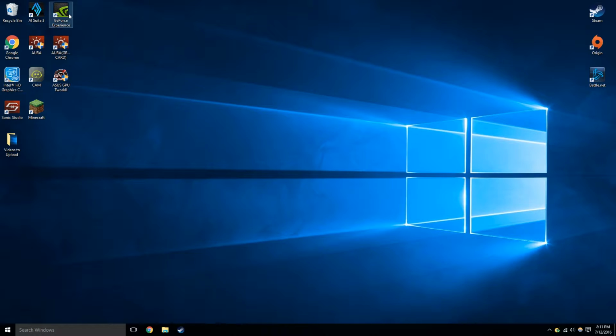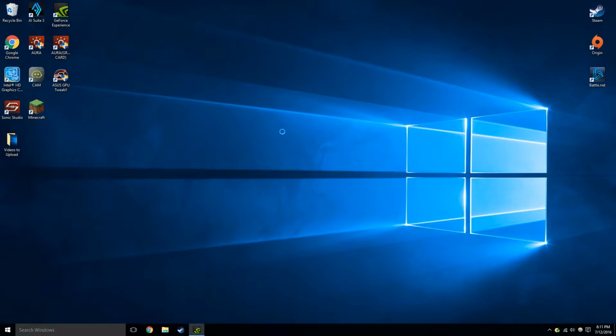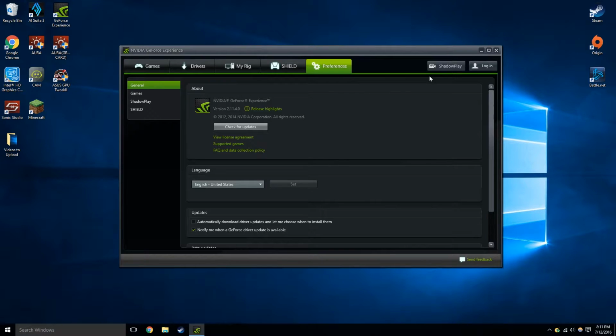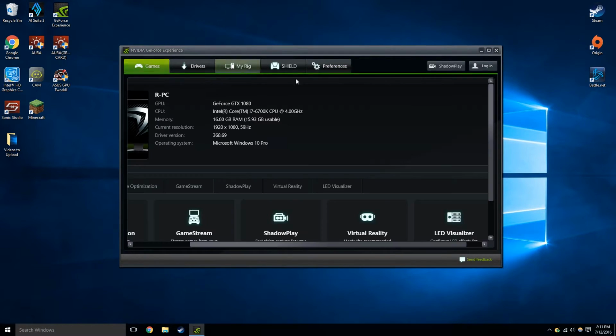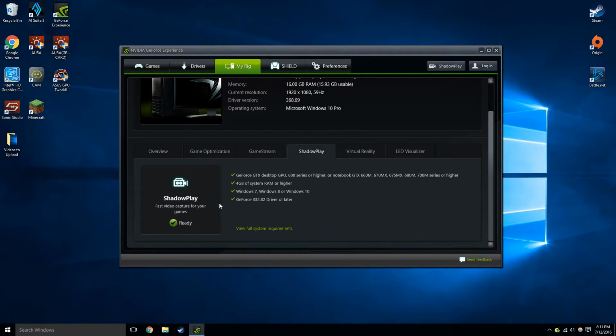GeForce Experience. You don't actually have to download anything other than your basic NVIDIA drivers. So I'm just going to open up GeForce Experience right now, and it opened up to the preferences. Usually it just opens to My Rig. Alright, so you can see here that if you check My Rig, if it's compatible, you should have this ShadowPlay ready